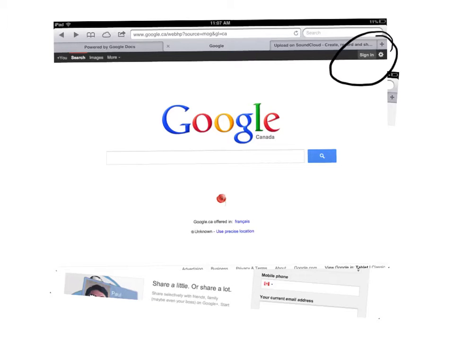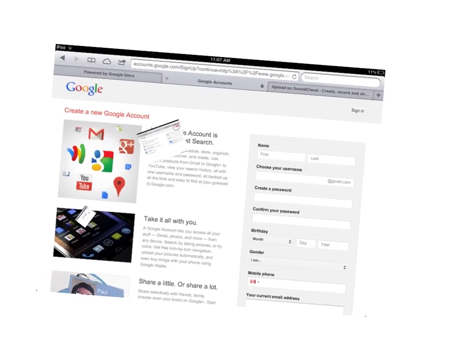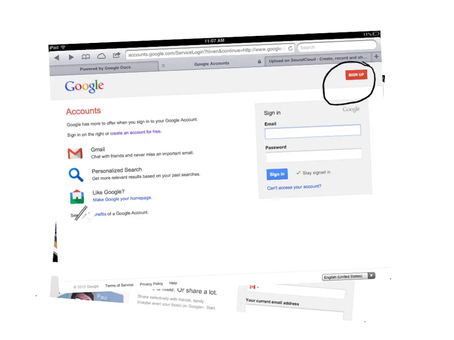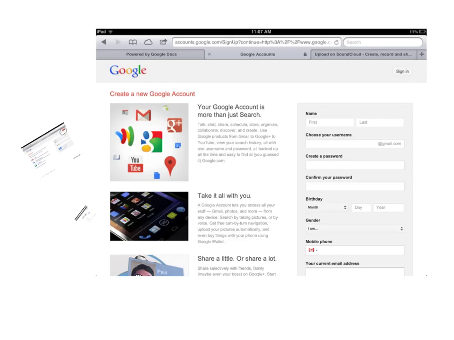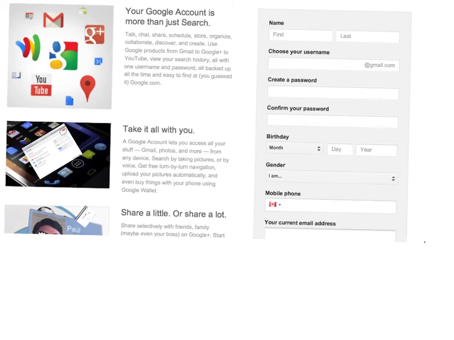So you go to google.ca and you click on the sign in, which is up on the right hand corner. Then it'll take you to a screen that looks like this, and you're going to want to hit the sign up button, and then once you go to the sign up, you will get a screen that looks like this, and you fill out your information. I lied about my birth date. I just made mine